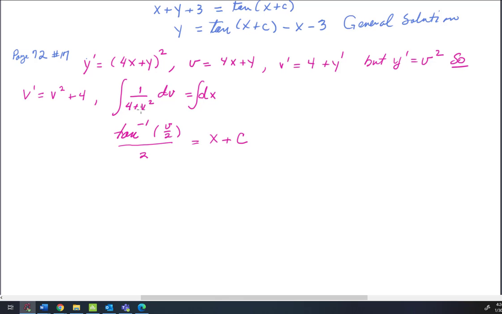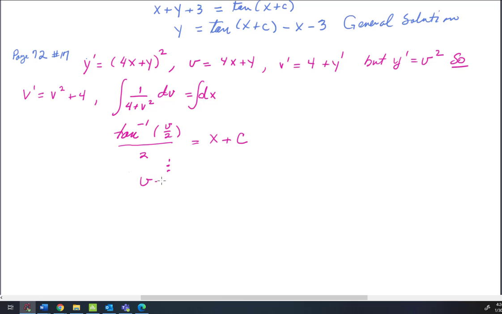It's worthwhile reviewing. It's not necessary, but it's worthwhile reviewing how this is integrated. But it's a trig substitution, and just kind of fun to play with. If you wind up with time on your hands, you could do some calculus too instead of watching a movie, I guess. All right, so if we continue this solution, you probably multiply through by 2, and then you take the tangent of both sides to get rid of the tan inverse, and that's going to lead you to